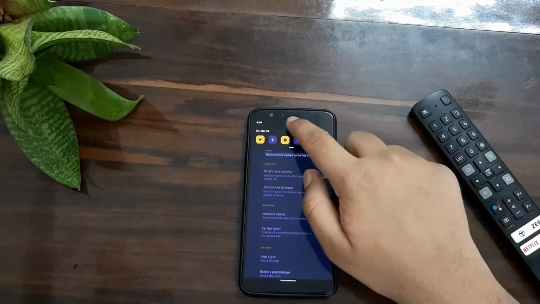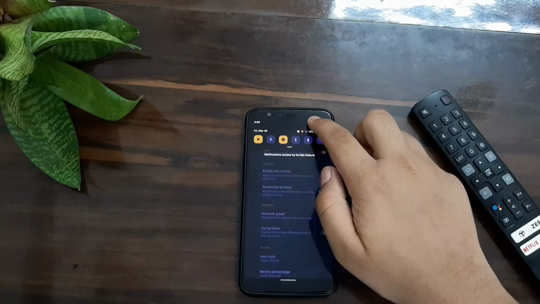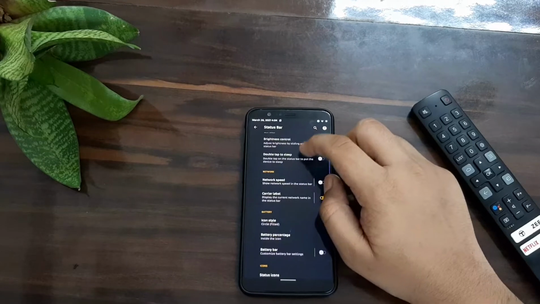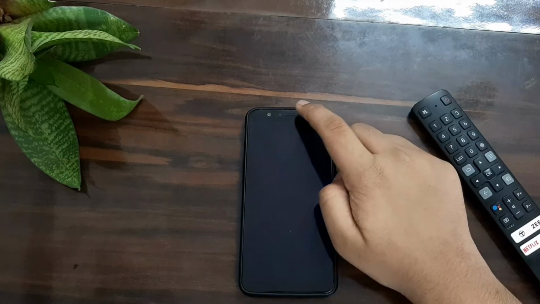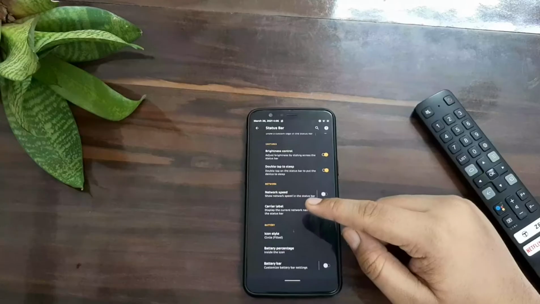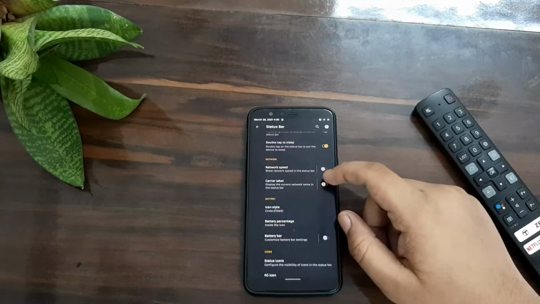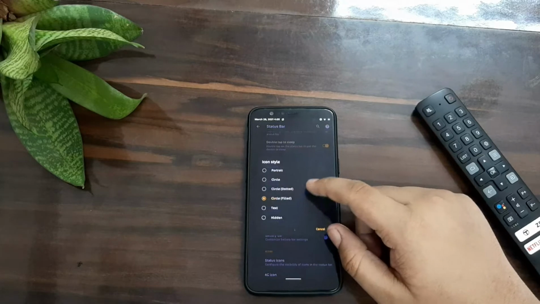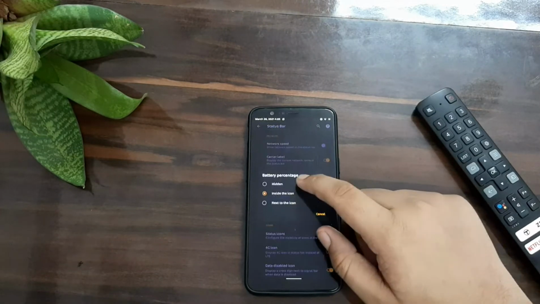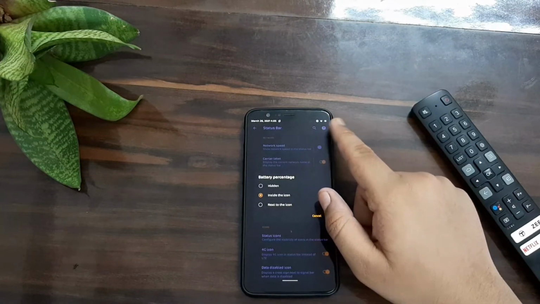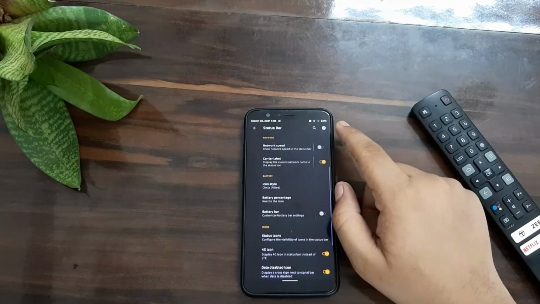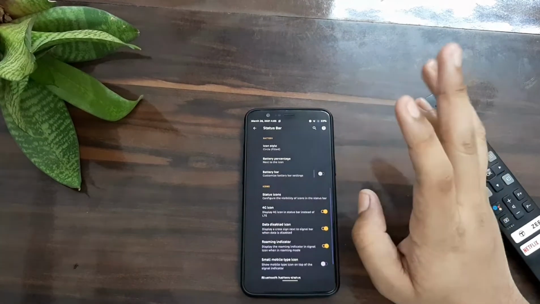By swiping across the status bar, you can control it this way, and you can double tap to sleep, like this. And you can show the network speed, carrier label also, and you can change the icon style that I've shown you, and you can show the battery percentage inside or next to the icon. I will put it this way, it looks good.